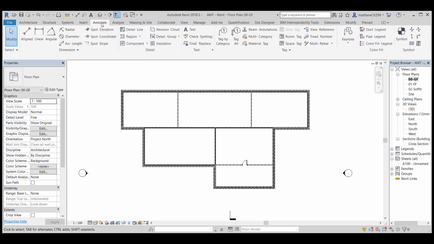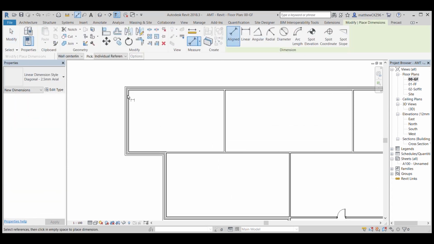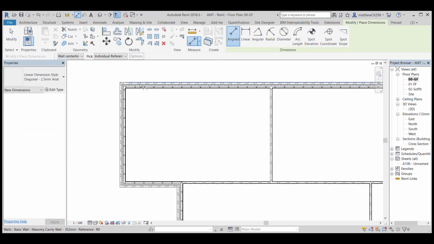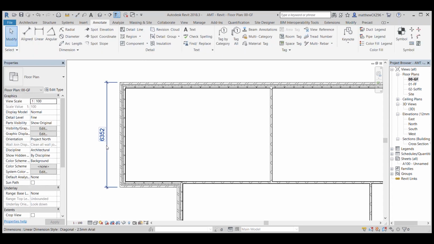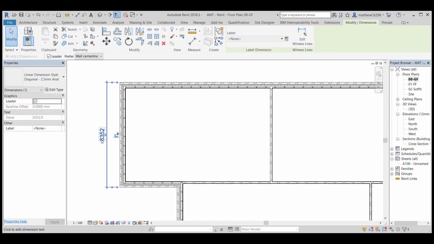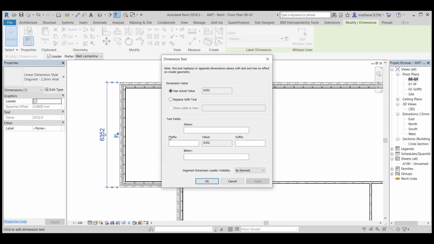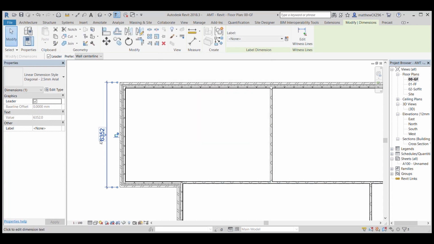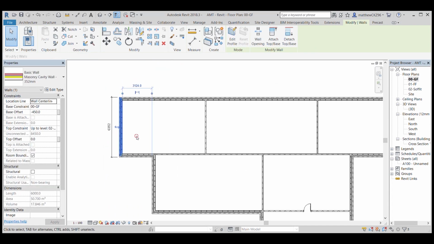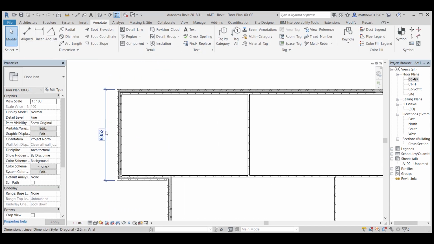So go to annotate, aligned, hover over the wall, tab until you see this blue solid line on the external. Click once, hover over wall, tab, solid blue line, click once. And a good way of doing this is if you click on the dimension number once, until we get 632. So just click on this wall now